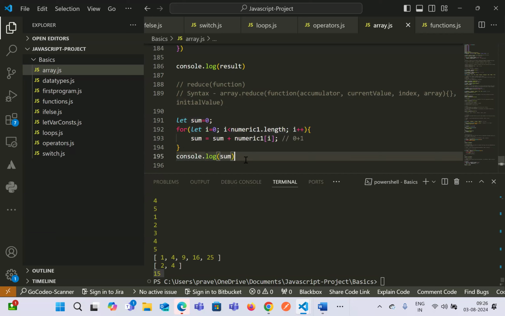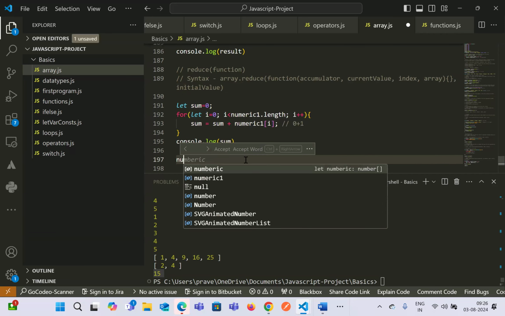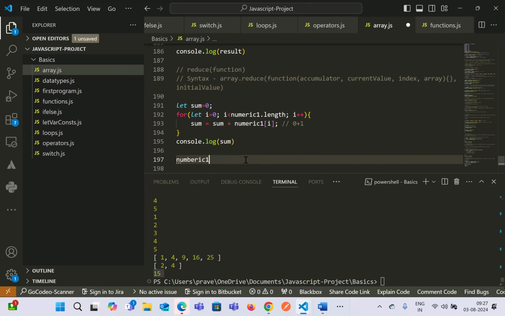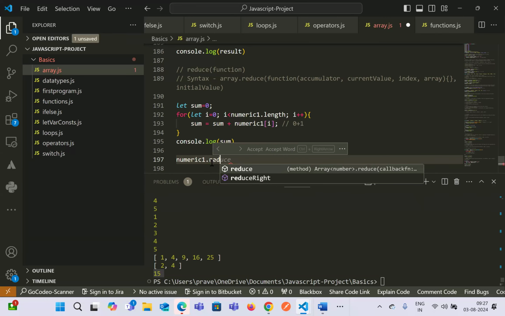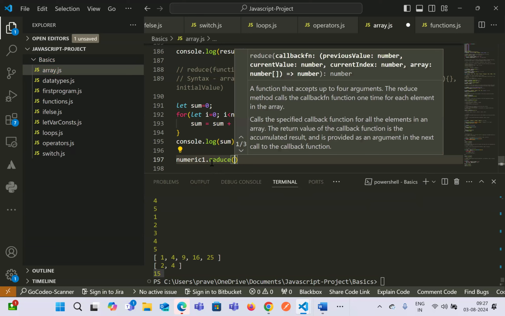How do we do it on the numeric one? As per the syntax, you have to give an array and use the dot operator. You can use reduce, and as per the definition, it is a function that accepts up to 4 arguments, but not all are necessary. The 2 arguments will be mandatory. The reduce method calls the specified callback function one time for each element in an array, and then it will return